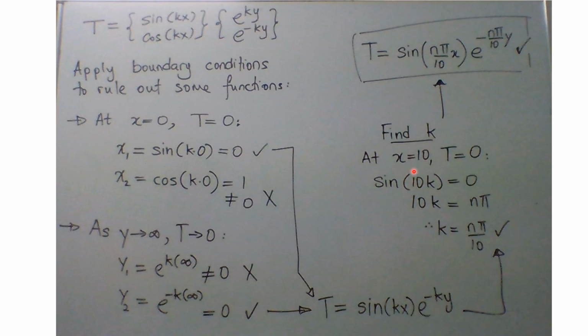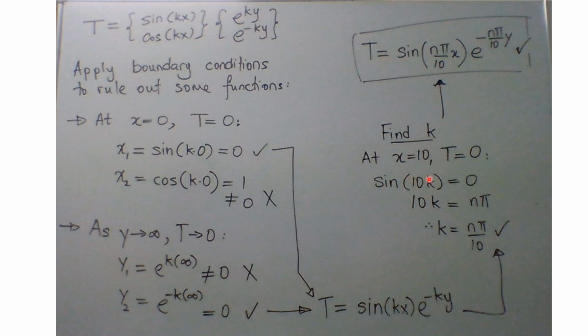So this is on the right hand side of the plate. At x equals 10, you have T equals 0, right? So this is very straightforward. You don't have to worry about the y, because at x equals 10, on the right hand side, everything is going to be equal to 0. So you can skip this one, and you're going to look at this only. So here sine kx, where your x is equal to 10, this is going to be 0. So this is true when